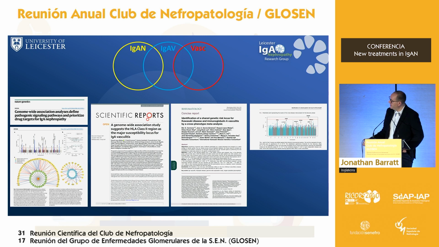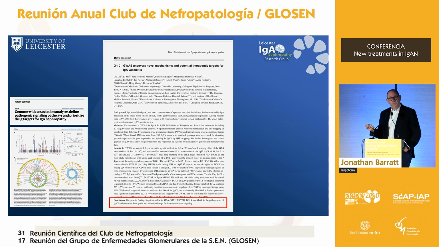But equally, you can see in this study here, there were genetic risk factors identified in Kawasaki's disease, a type of vasculitis, that were also seen in IgA vasculitis. So there is this overlap. Now, we don't understand it completely, but IgA vasculitis seems to share risk alleles from both of these distinct disease groups. And that's why you're seeing an almost hybrid disease having features of vasculitis, but also that mesangial deposition that you see in IgA nephropathy.